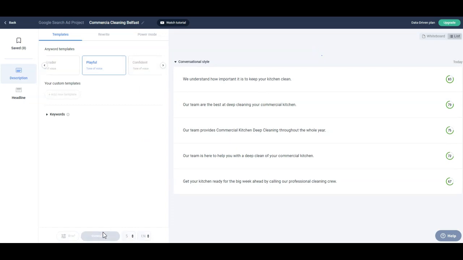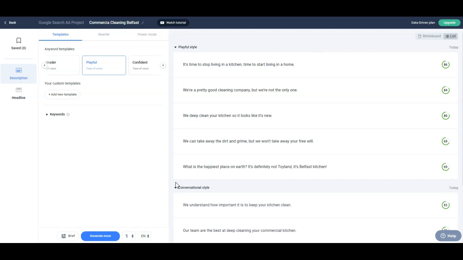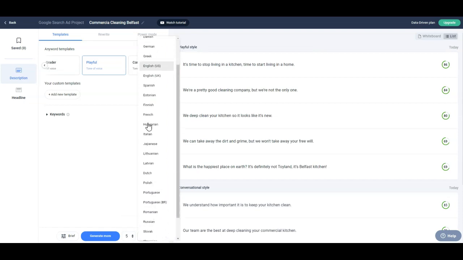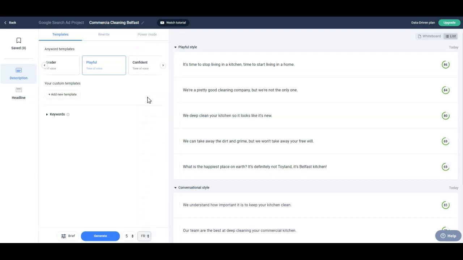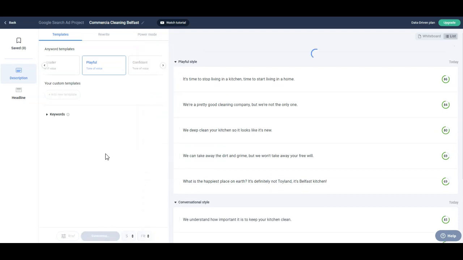What I didn't mention in the last video was that you can actually have it in multilingual, but I'm not going to go into that because I don't necessarily use it for that. But you can generate copy in all these different languages, you know, German, French, Dutch, Polish, all these different languages. So maybe I'll click them on just to see what it's like. Maybe we'll select French, and I'm just going to hit generate to see what it brings up,